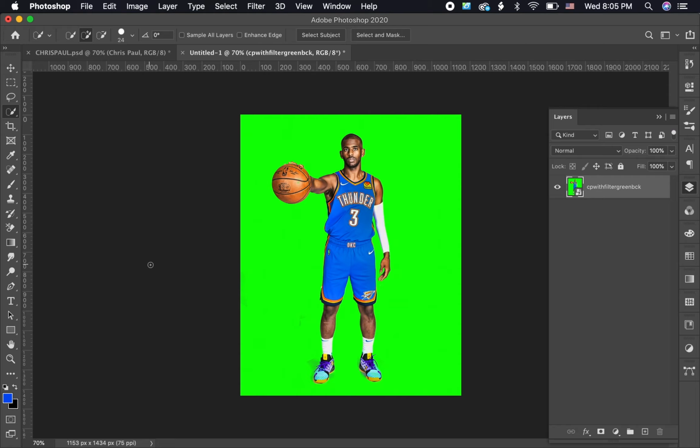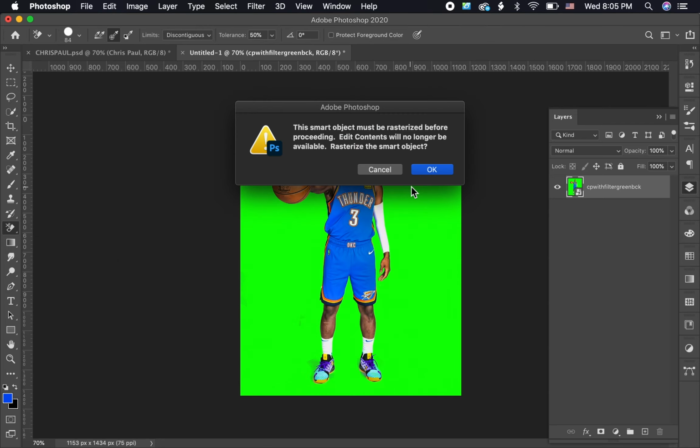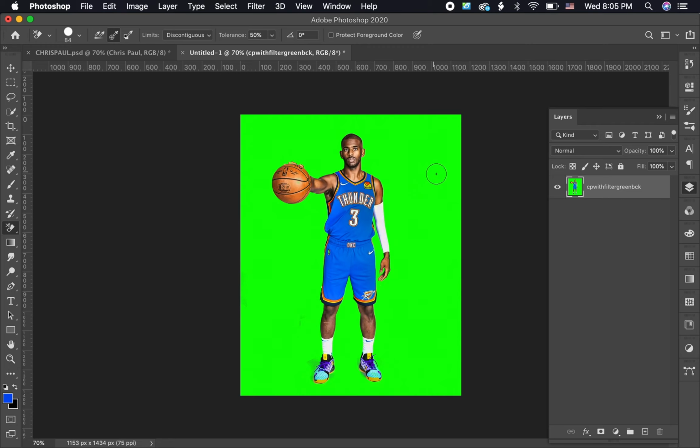There are multiple ways you can cut a player out. Since there's a perfect green background, which you won't have often, it's going to be very easy to cut out this way, and you can't really use this for everyone. But you go over here to the background eraser tool. It's typically under the eraser, so you just hold down on it and go to background eraser tool. And basically first you have to click, because it's a smart file, to rasterize the layer, and all you have to do is click and drag. That's all you have to do. So that will completely